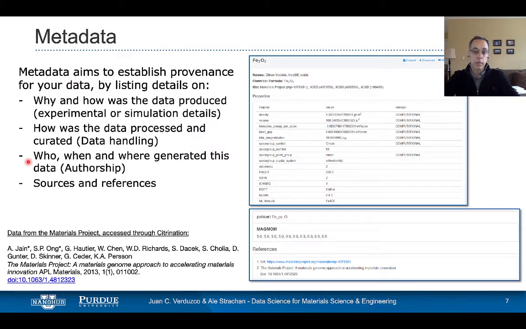So let's talk a little bit about metadata. The metadata is critical for reusability. And the metadata describes the context in which the result was generated, and it seeks to provide a complete provenance of your data. So these are examples, what you see there on the little pictures on the right, of computational data